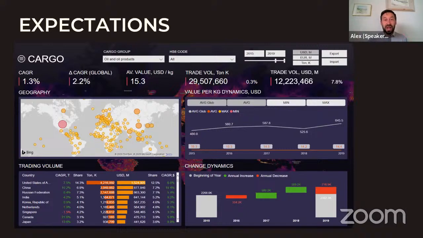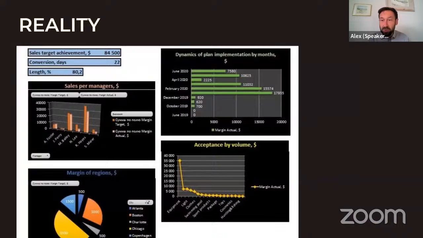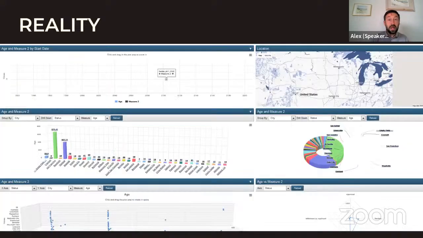But in real life, some dashboards still look like a PowerPoint presentation, or clients use Excel, PowerPoint, or different tools like Tableau, Power BI, Looker. But really, these dashboards contain useless charts.